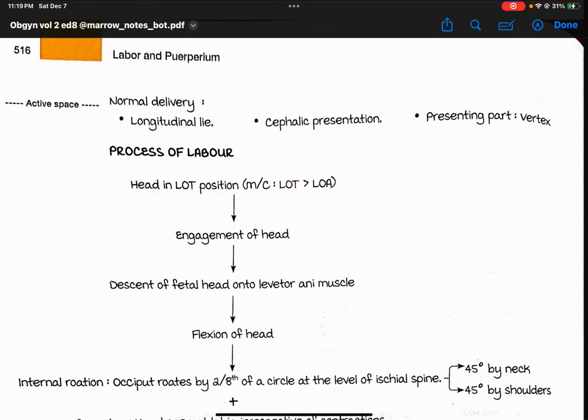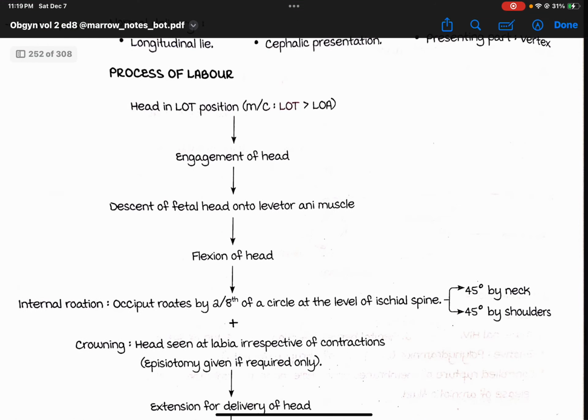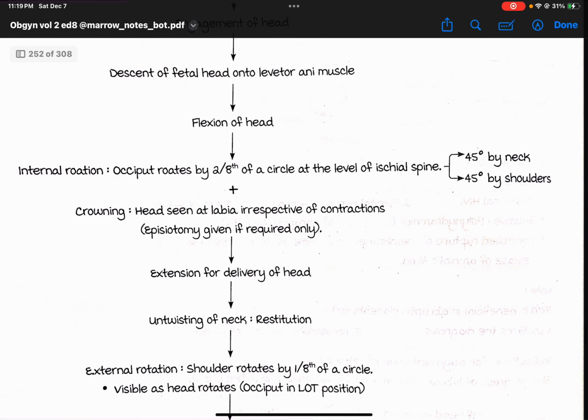Normal delivery: longitudinal lie, cephalic presentation, presenting part is vertex. Process of labor: head in LOT position, most common is LOT, more common than LOA. Engagement of head, descent of fetal head onto levator ani muscle, flexion of head, internal rotation,